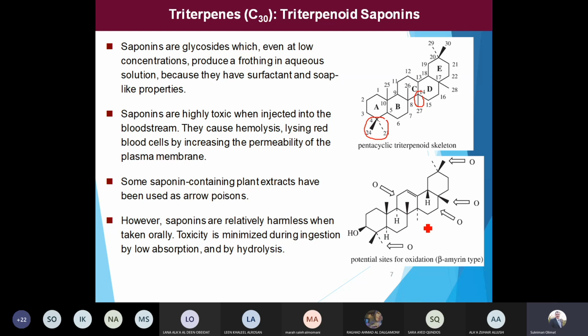Triterpene. So when we talk about saponin, they are glycosides. Remember our glycosides again: these are sugar and non-sugar parts attached to each other via different bonds, as we are going to see. So they produce a circular frothing aqueous compound. If we go here for more compounds